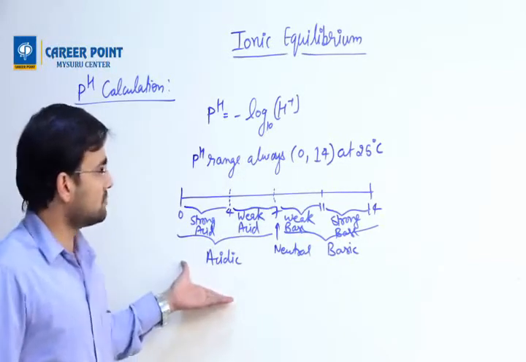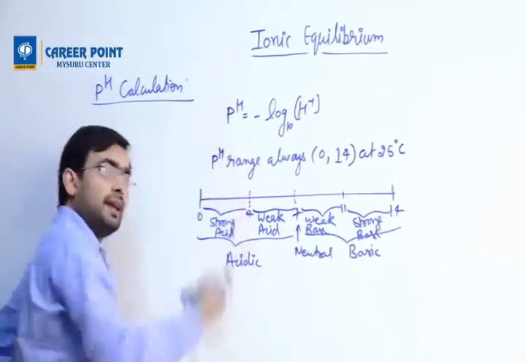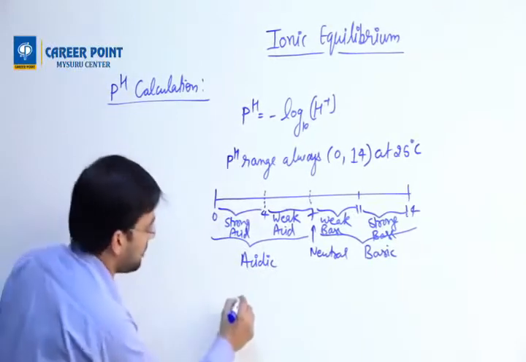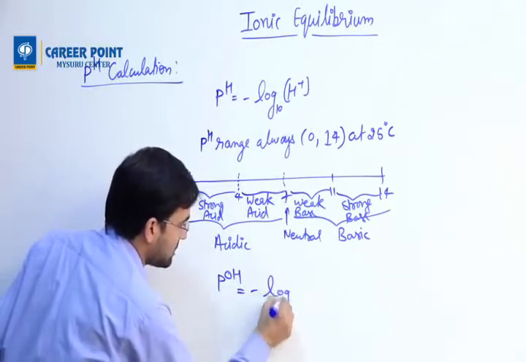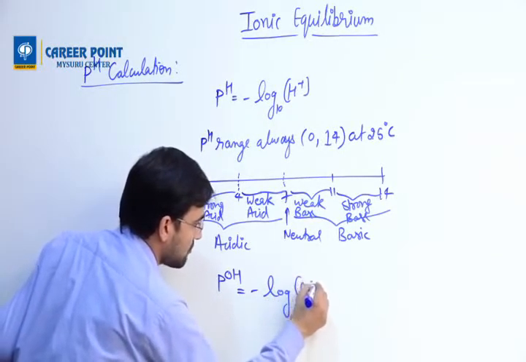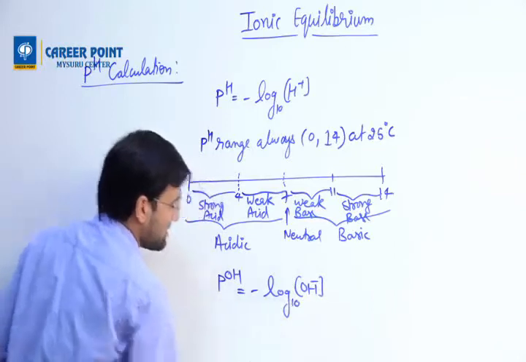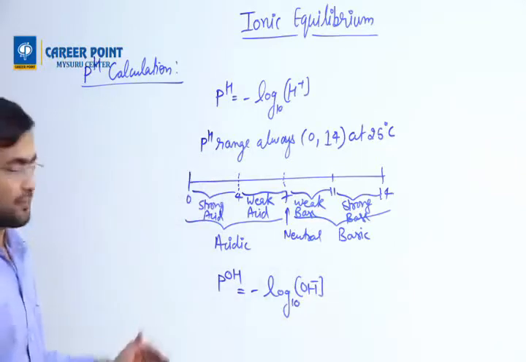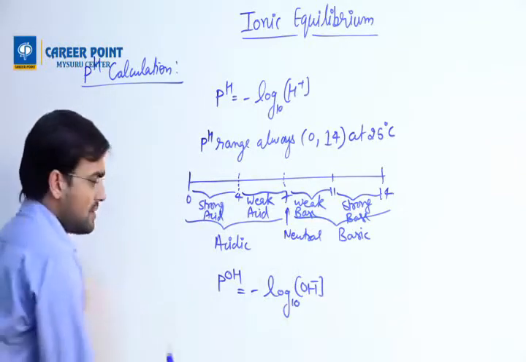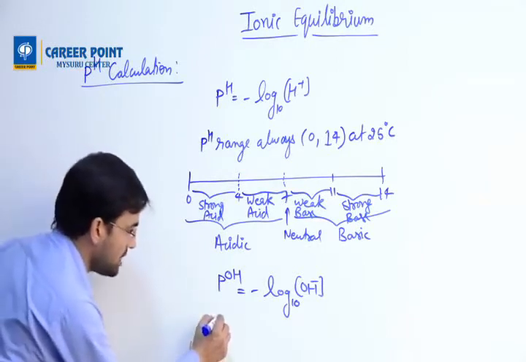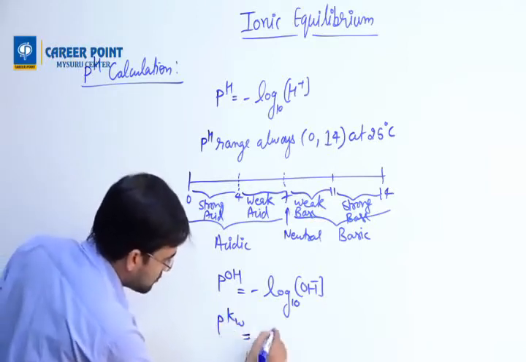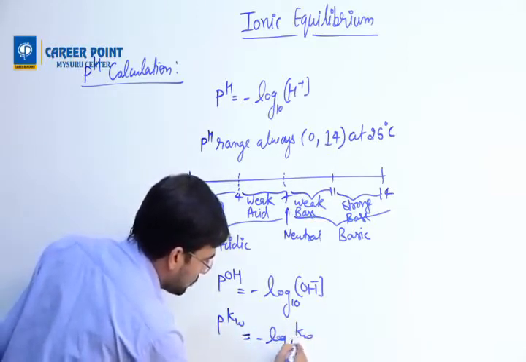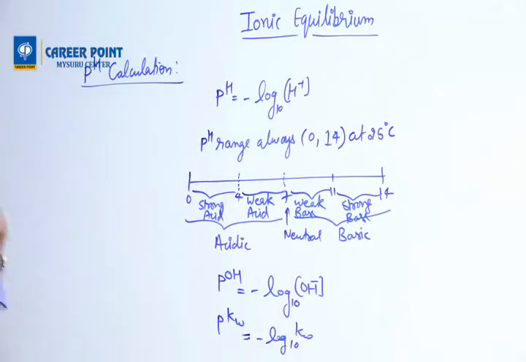Okay, so this is all. Then the way I can calculate pH, the same way I can also calculate pOH, which is equal to minus log of OH minus concentration base 10. Right formula? This is pOH. One more formula we can also calculate. That formula is known as pKw. pKw is equal to minus log of Kw base 10. Why did I write this? This is because of this factor.